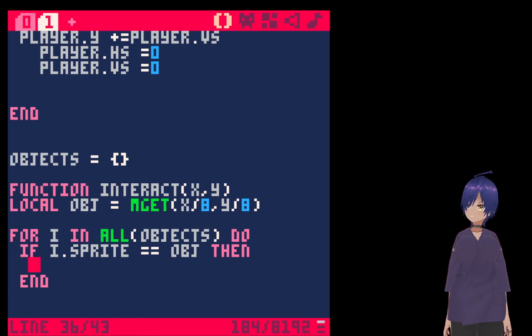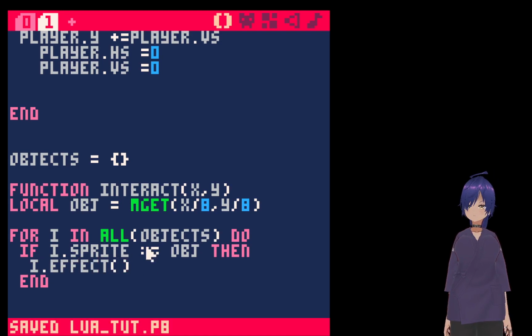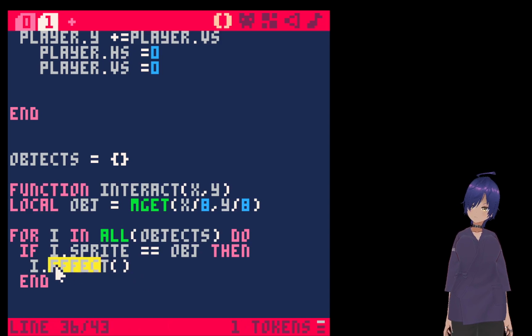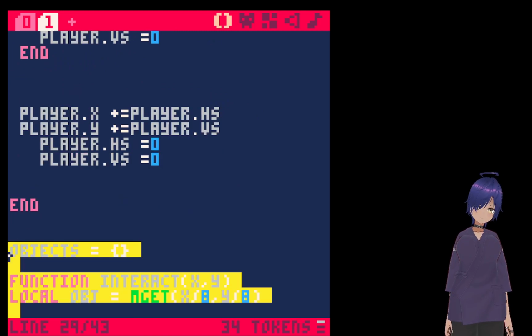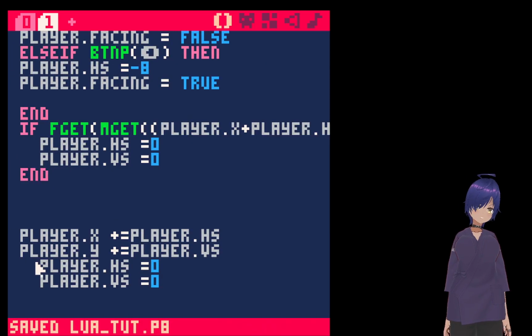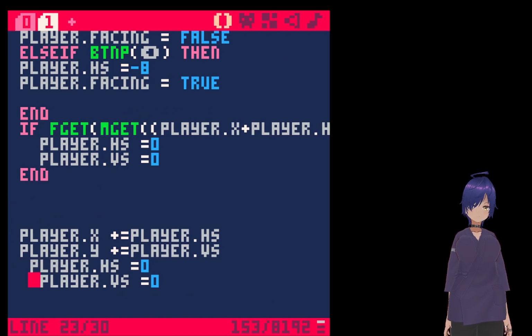You can actually do I dot effect, and effect is essentially a function that works. I don't have anything set, but this is how you could use a different approach. That was a really long tangent to achieve absolutely nothing, but